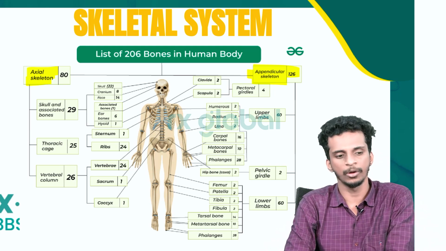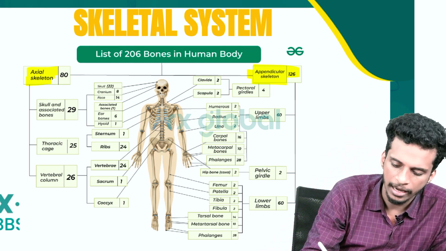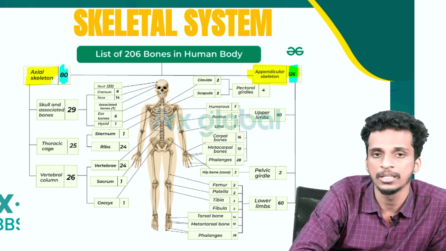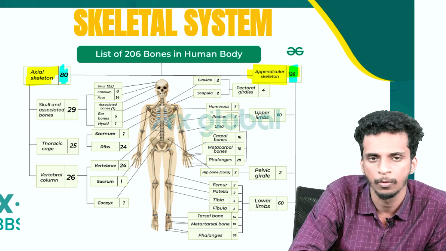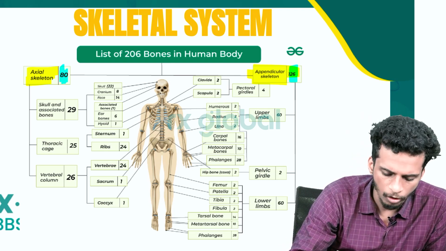Bones in my upper limb and lower limb make the appendicular skeleton. You all know that. And we also know that the axial skeleton in total has 80 bones and the appendicular skeleton totally has 126 bones. So, of this,